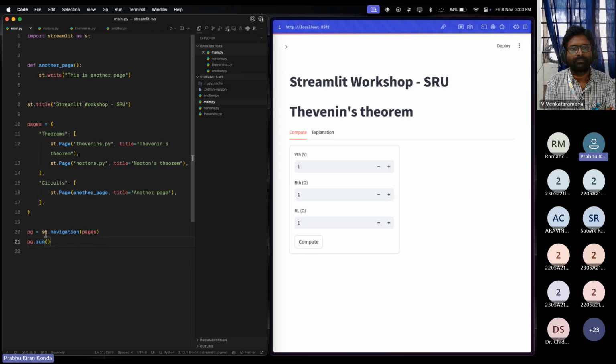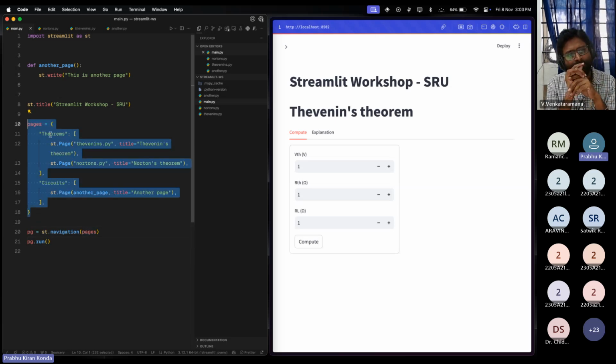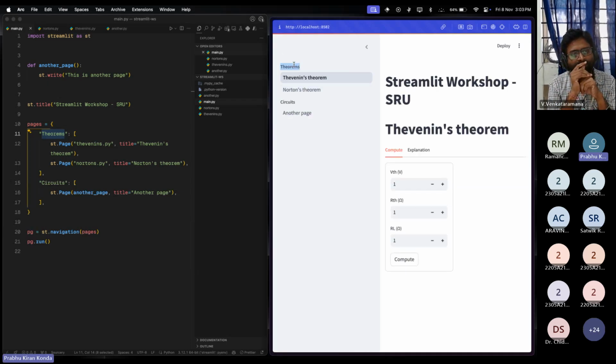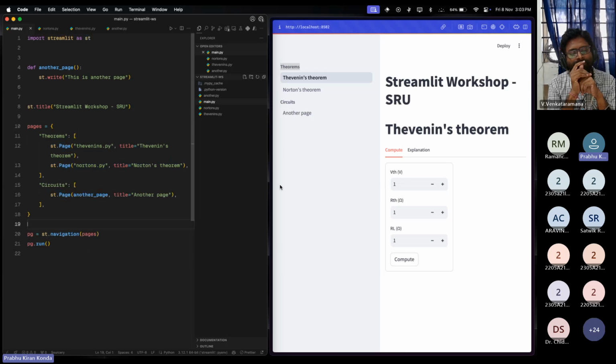Now I'm connecting this navigation, with the navigation of pages. I have these pages defined here. Theorems and circuits is like a category name. This is simply a dictionary, and you have a key and a value. The key will be this one and the values are these two, st.page and another st.page. So circuits. And like I said, you can take not only this thevenins.py, which is another external file,